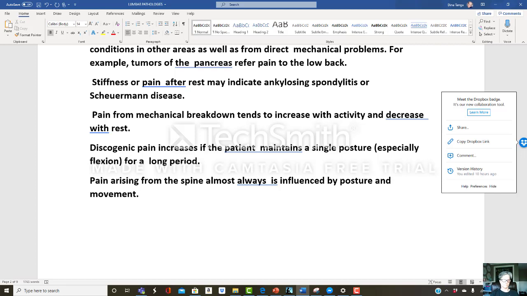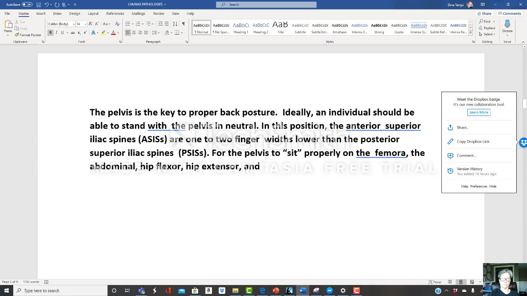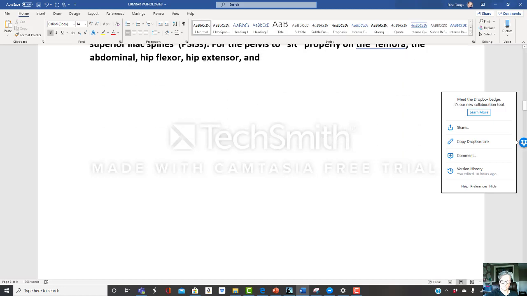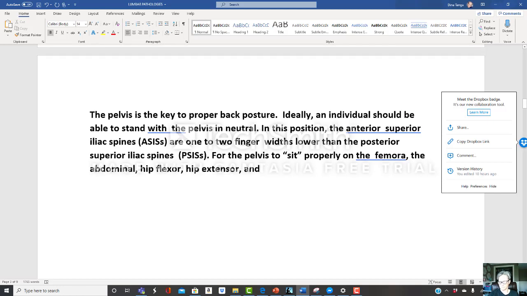The pelvis is the key to proper back posture. Ideally, an individual should be able to stand with the pelvis in neutral. In this position, the anterior superior iliac spines are 1 to 2 finger widths lower than the posterior superior iliac spines. For the pelvis to sit properly on the femora, the abdominal, hip flexor, hip extensor, and